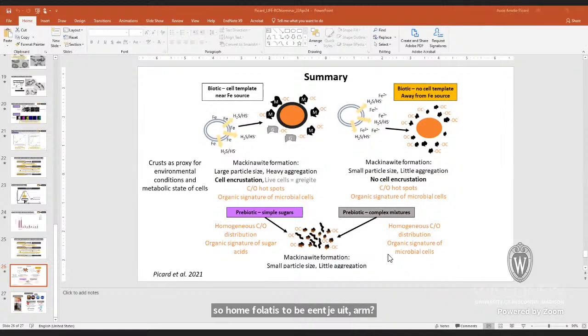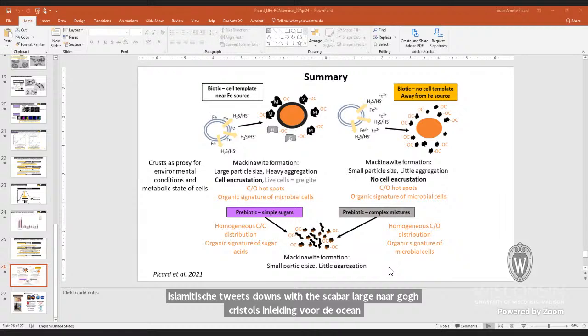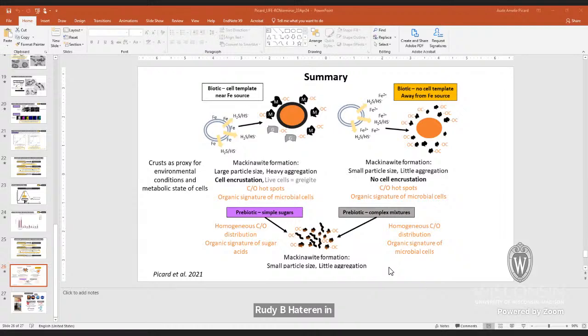Awesome, thank you. And then what looks to be our last question is from Mohit Deswani. They say, thanks for this really interesting talk. Do you think we could use the characteristic particle size of the greigite as a potential biosignature? For example, if a mission to Enceladus were to discover large greigite crystals emanating from the ocean, would you be confident in saying that sulfate reducers were involved in producing the large greigite crystals? Is there a cutoff particle size for biogenic versus abiotic?